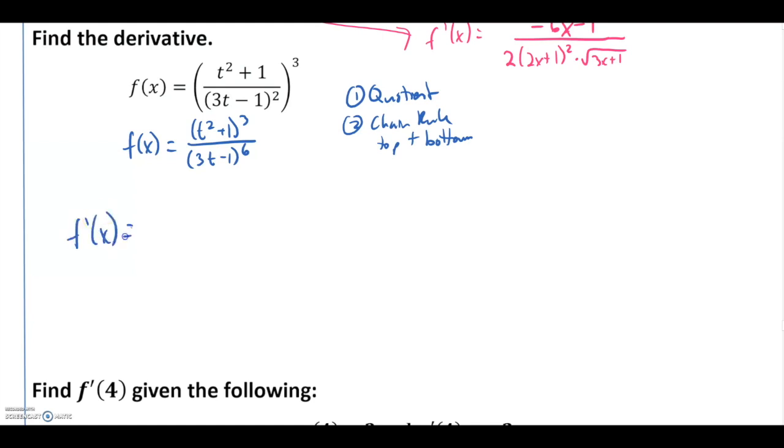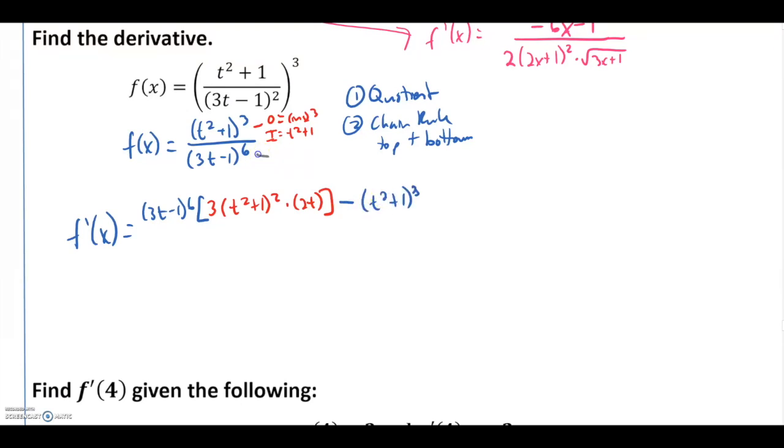F prime of x will equal the bottom function left alone times the derivative of the top function. Outside is equal to the inside raised to the third power, and the inside function is t squared plus 1. So we're going to have derivative of the outside, which will be 3(t squared plus 1) to the second power, times derivative of the inside, derivative of t squared plus 1 is 2t, minus the top function left alone, times